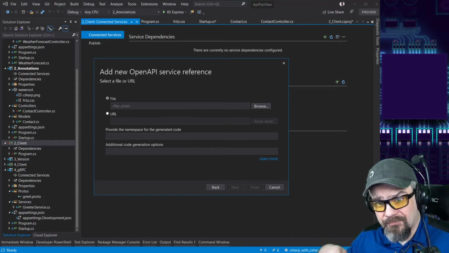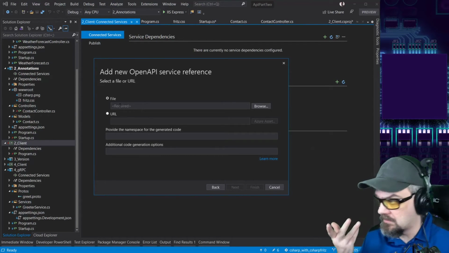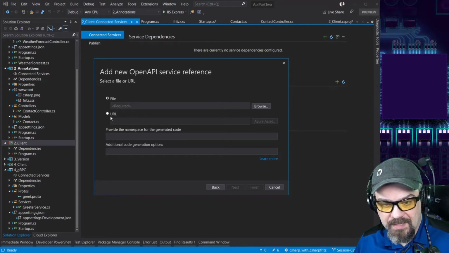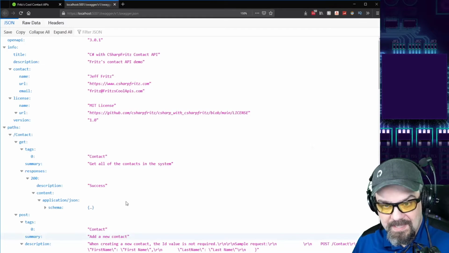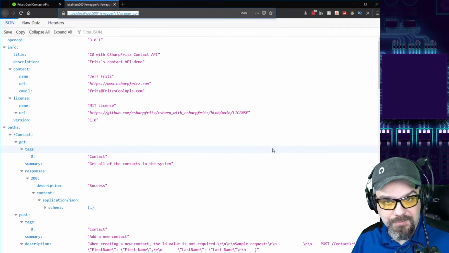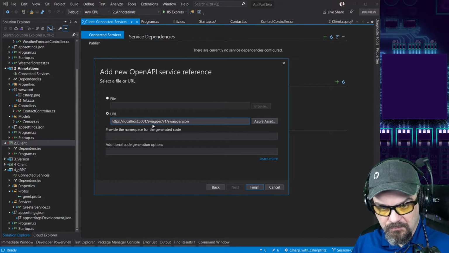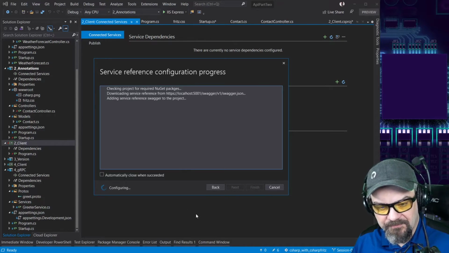And I can either point to a file. So if I want to download that Swagger JSON file, I can just download that, put it somewhere on disk, point to that, and load that up. Or I can point to the URL for that, and Visual Studio will go get it for me. So I'll just paste in localhost 5001, Swagger v1, Swagger JSON. Click Finish,